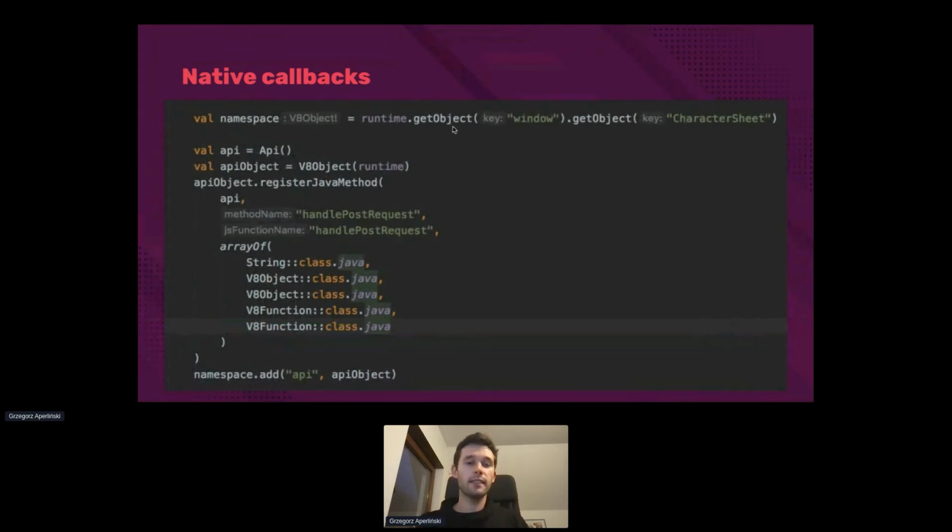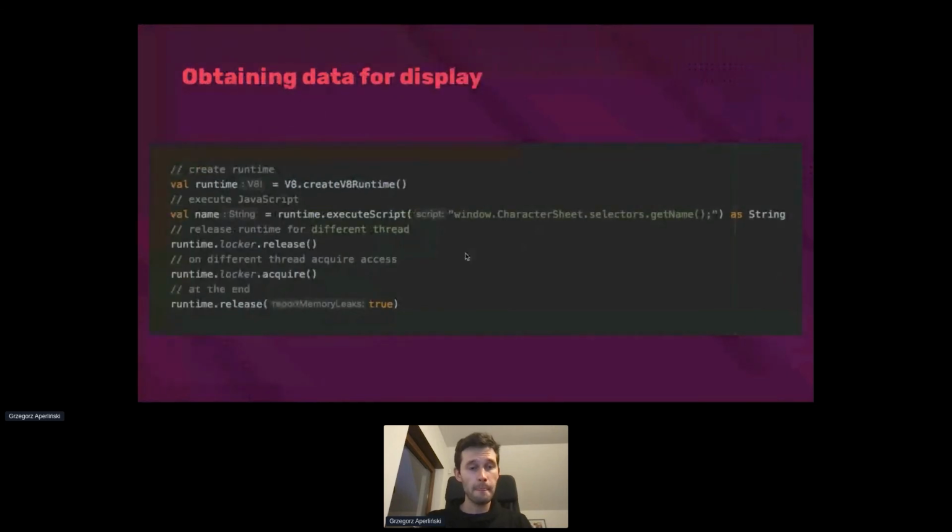And as I said, we have the window object. We have a namespace there for the character sheet, and we inject the native handler under the corresponding namespace on the window object. So that acts as an adapter for the rules engine. The rules engine expects an object to sit under that particular namespace, and when it needs to invoke an API call, it invokes that JavaScript code. It comes back to the native implementation. We handle the API request, and we resolve or reject the promise, and the JavaScript code can then interpret that logic further. And when obtaining data for display, again, we call a JavaScript method, and we cast it to a given type. In this case, it's just a string,